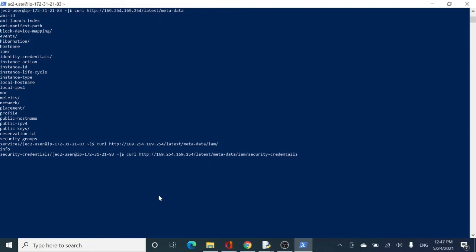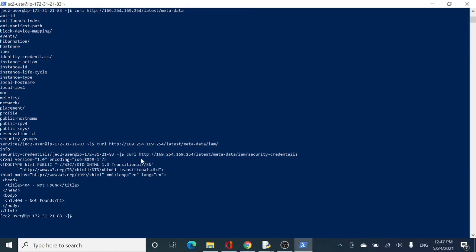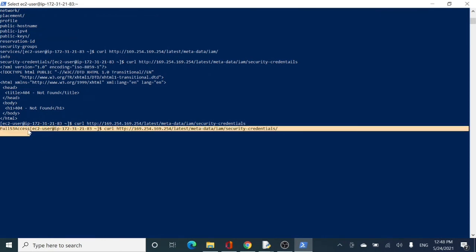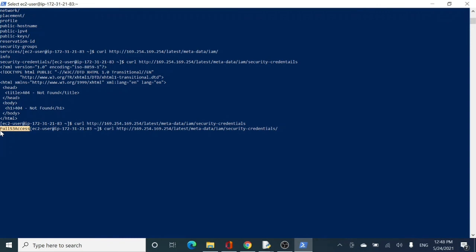If I click over it like this, the spelling was wrong actually, and enter, you can see that the security credentials show the S3 full access role which I have assigned to my EC2 instance, right? And if I copy the name and open it to see what is there in this role,